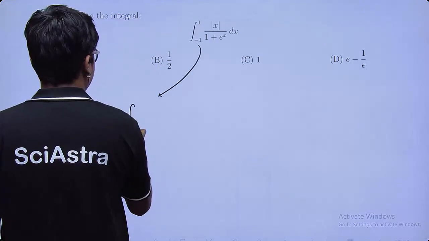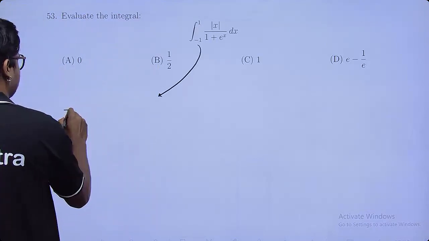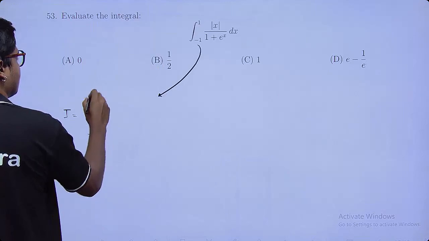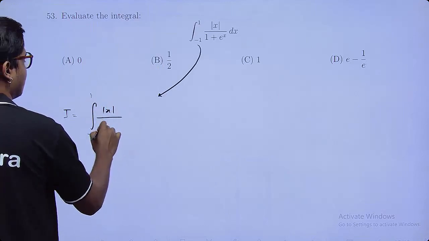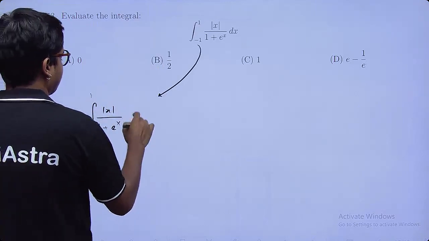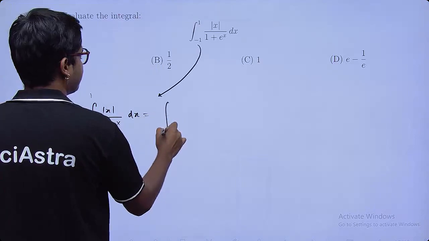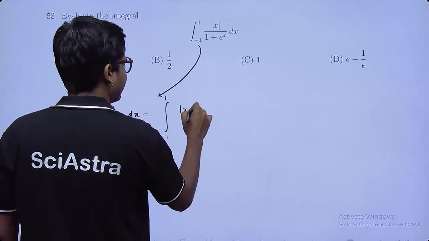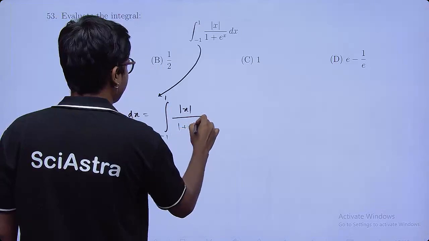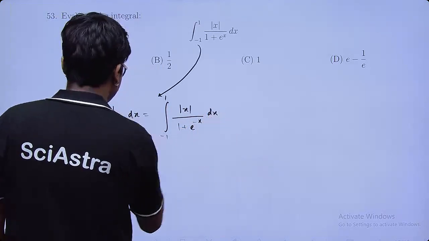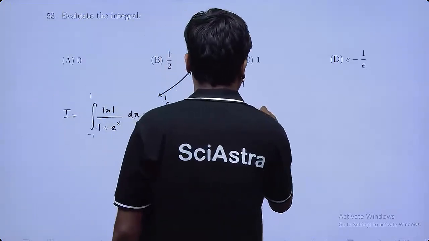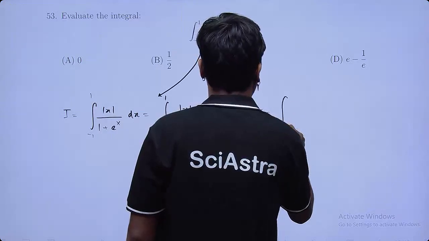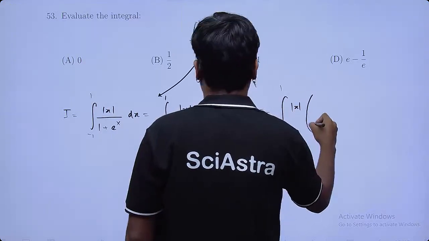So if I replace x with minus x, a plus b is 0, right? So mod of minus x is again mod x divided by 1 plus e power minus x. So if I add these two, what will I get? 2I should be equal to the integral from minus 1 to 1 of mod x